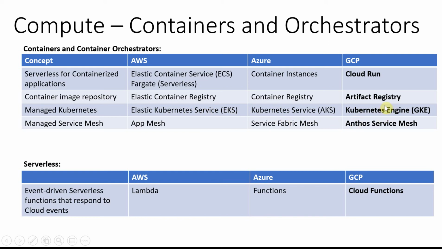But the background is that GCP would definitely be ahead in this game, because they are the ones who developed this. They brought Kubernetes to market. But now it is not just a Google solution. It is open source, and everyone is contributing to Kubernetes. Google might have an upper hand because of the lessons learned over the past 10 years from the older version of Kubernetes, which is called Borg.